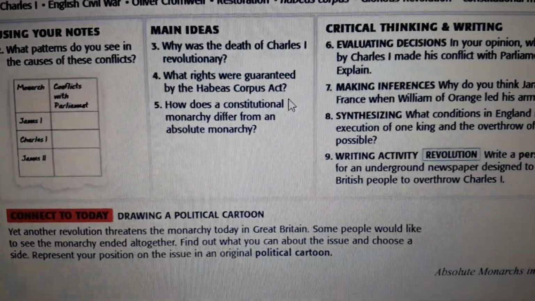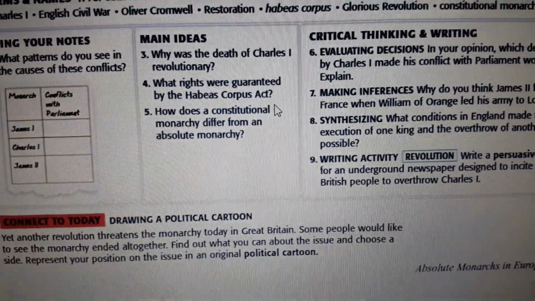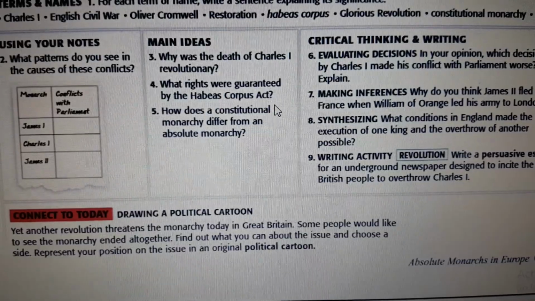And 9, writing activity. Revolution. Write a persuasive essay for an underground